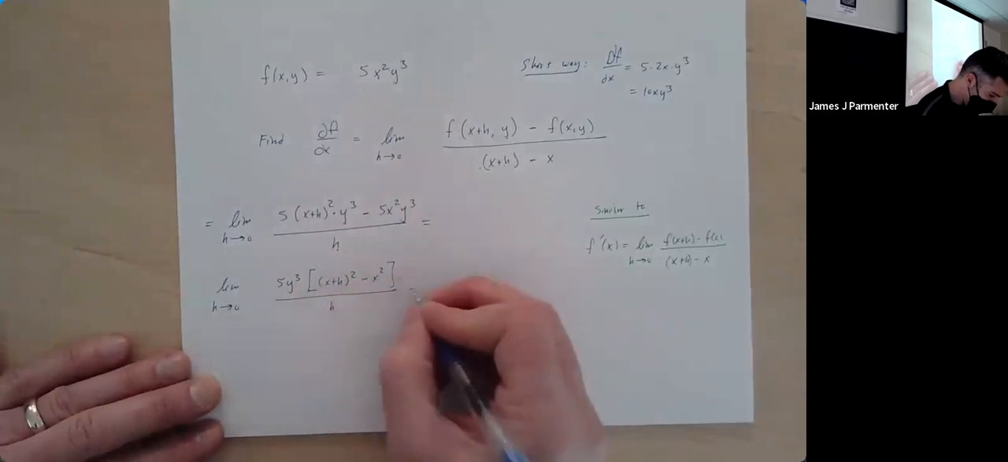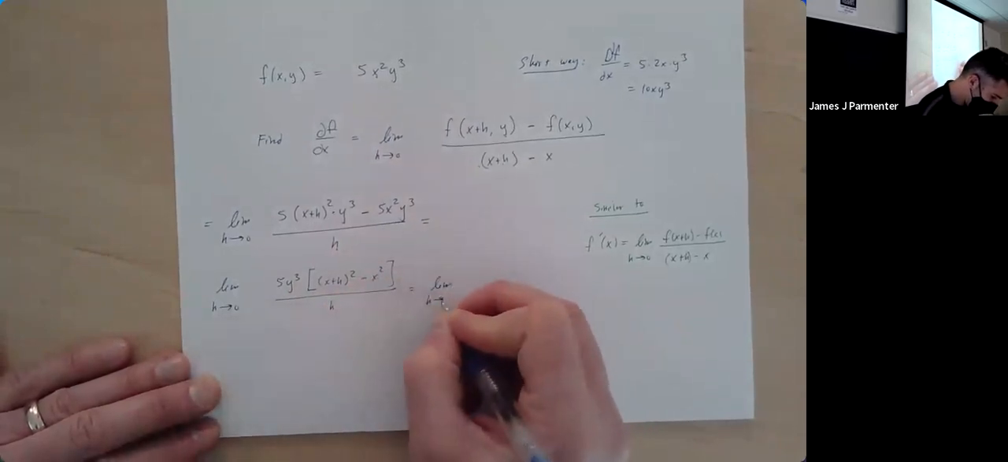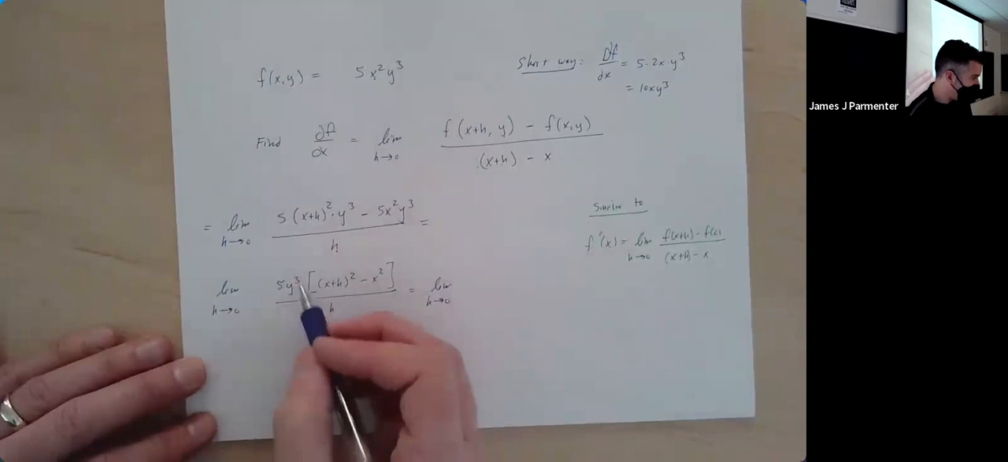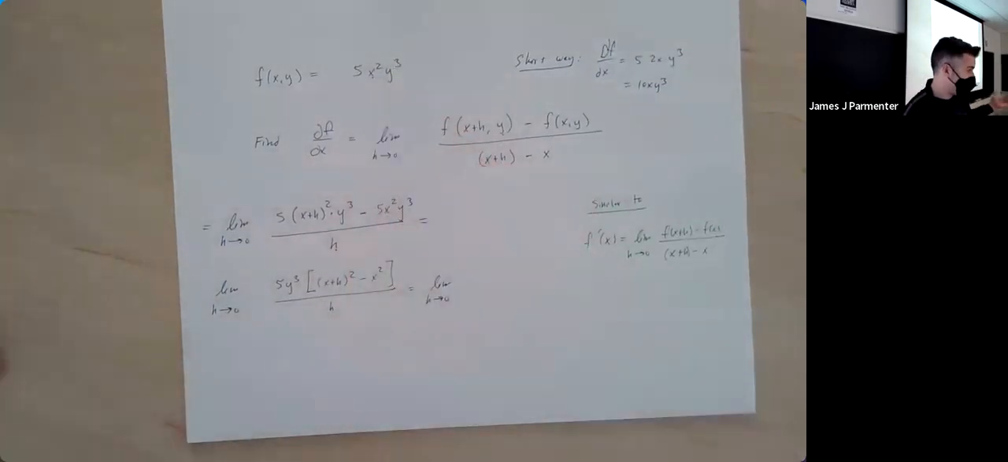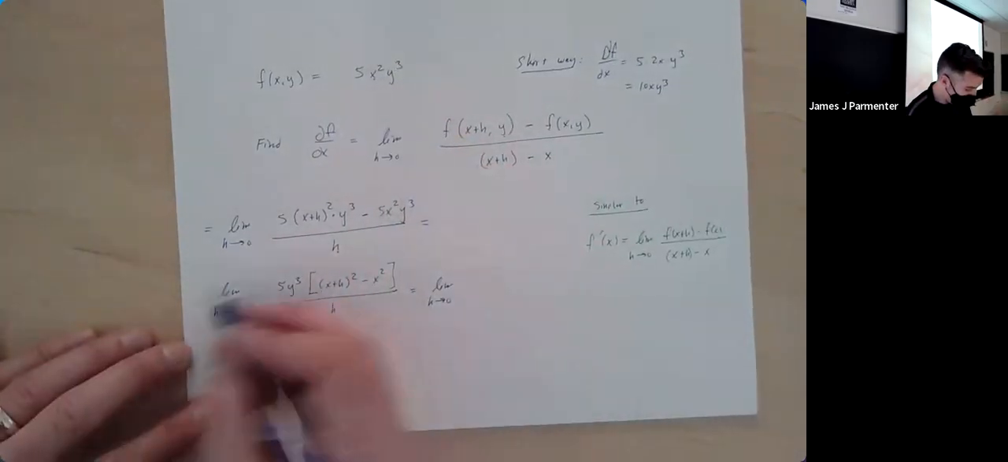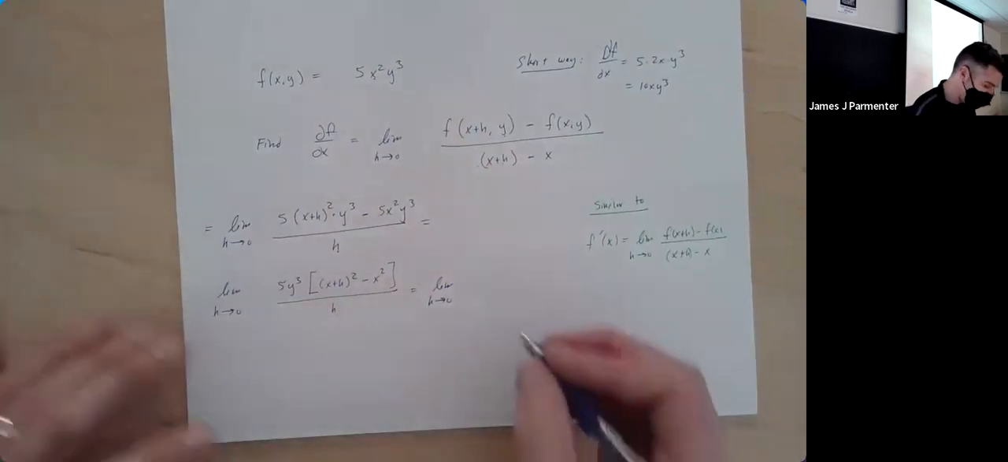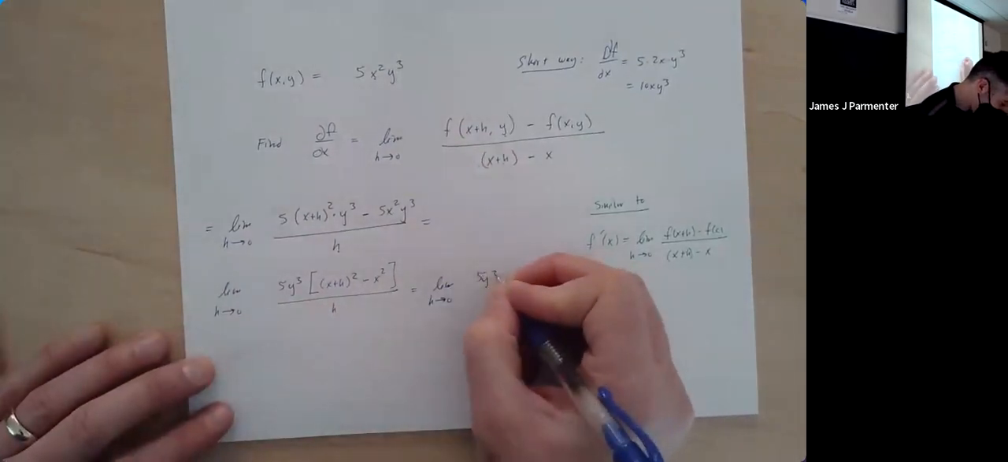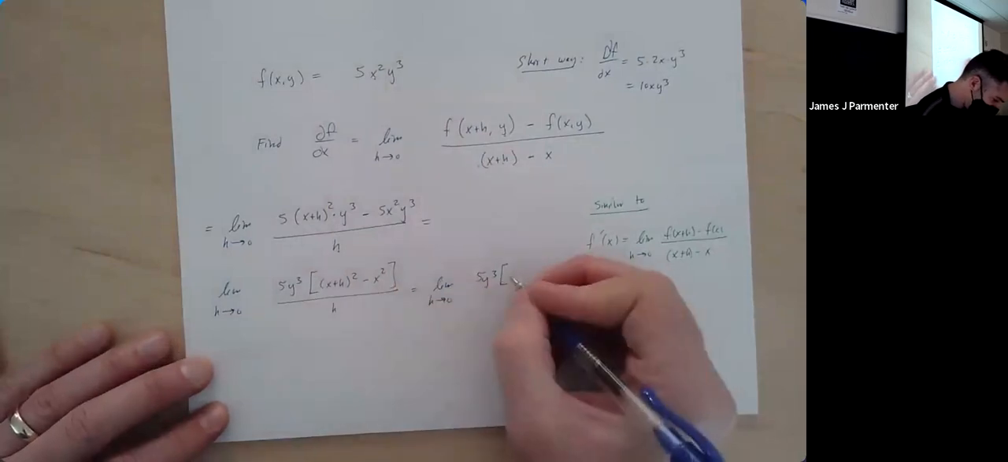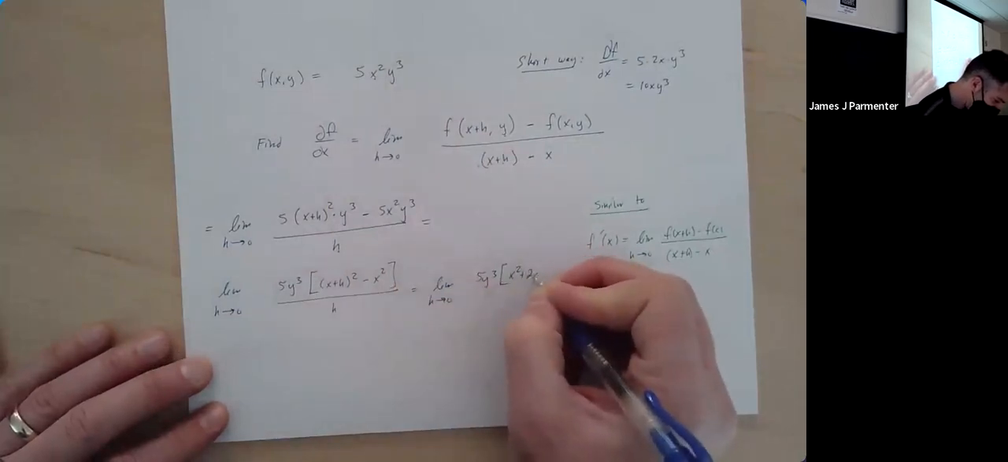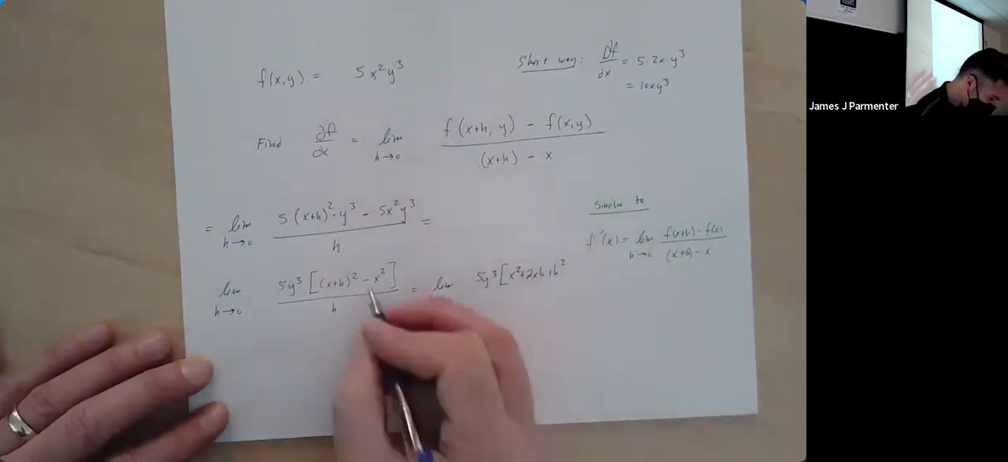Let's multiply this out. The limit as h goes to 0. Notice that the 5y cubed is just acting like a constant multiple. We could even bring it out in front of the limit if we really wanted to, but we don't really need to. So we've got 5y cubed times x plus h squared, which is x squared plus 2xh plus h squared, minus x squared